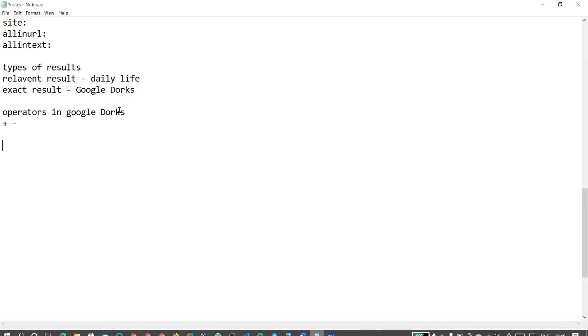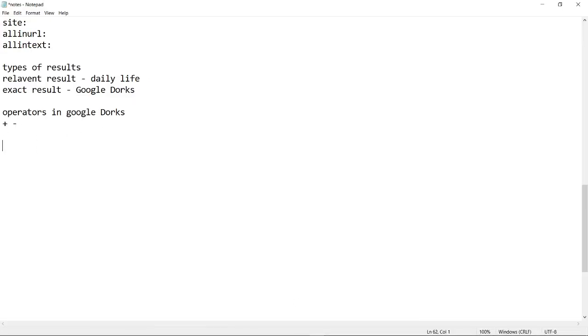For now, we have seen what sensitive directory exposure is. What are the countermeasures to stop this, that is, to hide the directory exposure on Google or other search engines?